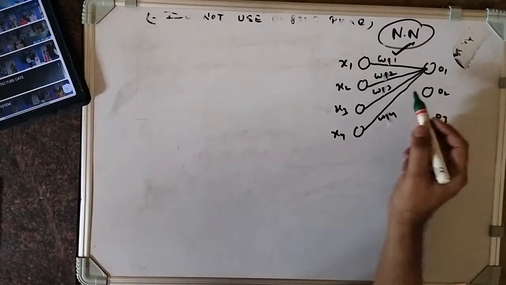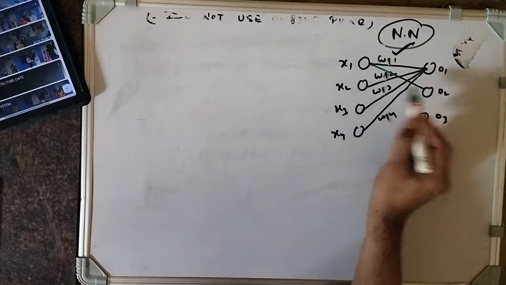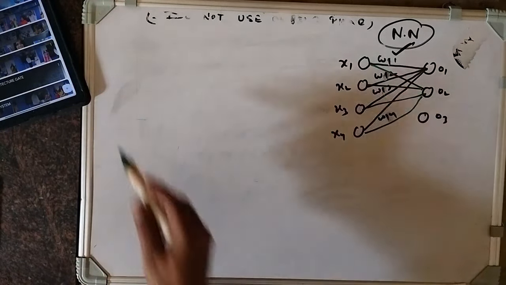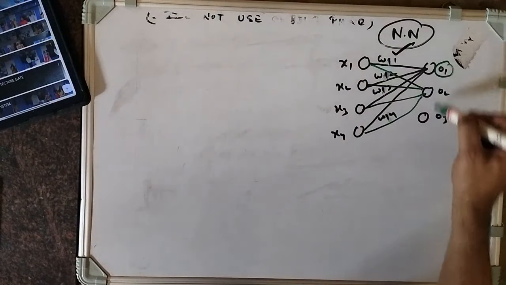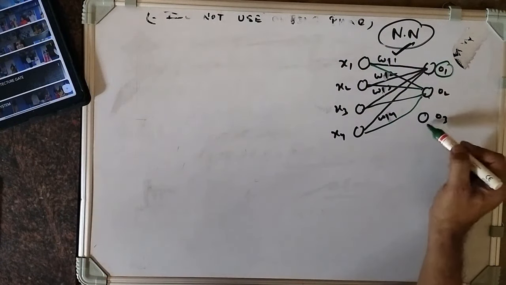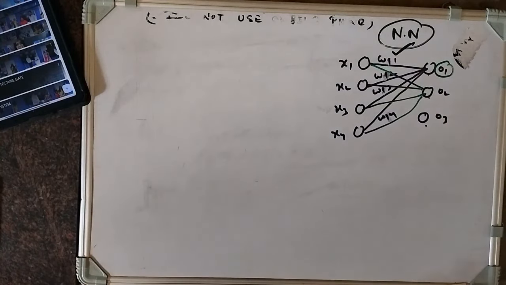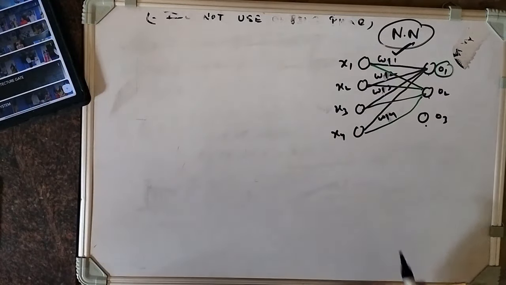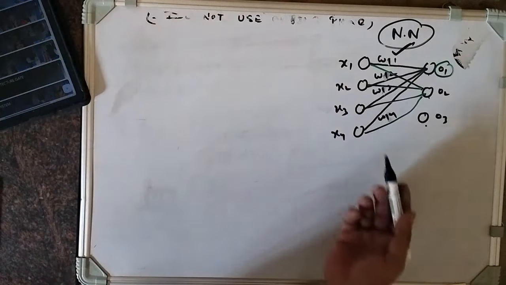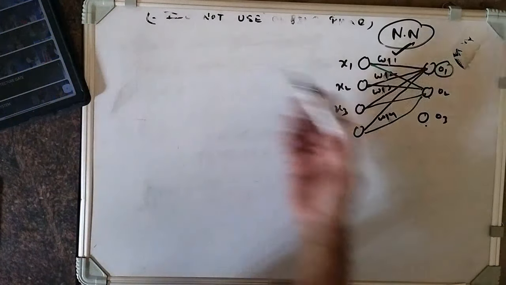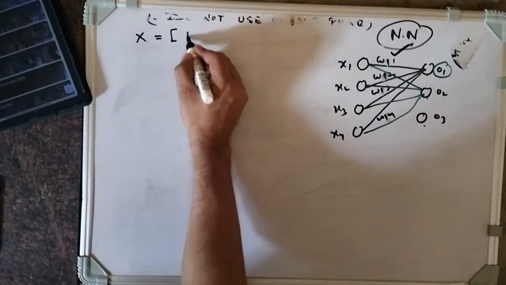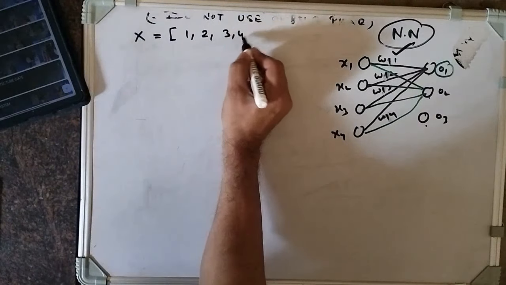Similarly, you will write for this one also. I am using a different color for this one, and this one. So we have done it for one output. Now suppose there are many neurons: neuron 1, neuron 2, neuron 3. In this condition, how do we write the code? I am writing it in simple mathematical form first, and later I will show you how to write it in a loop, and then in NumPy. So first I write x is equal to 1, 2, 3 and 4. These are the inputs.